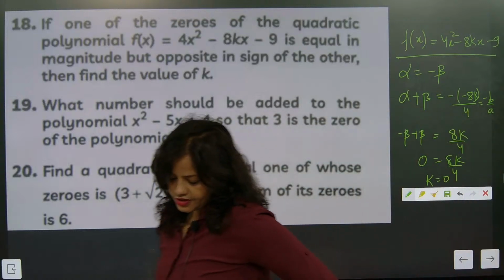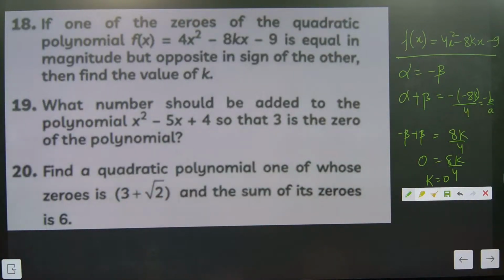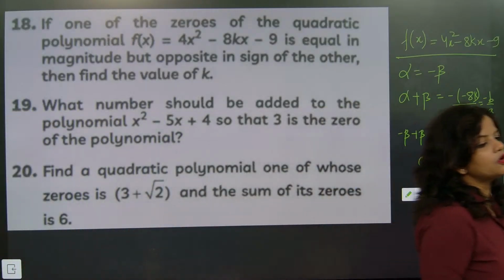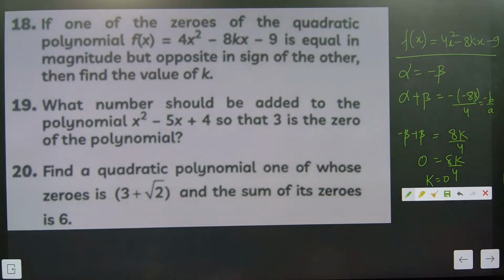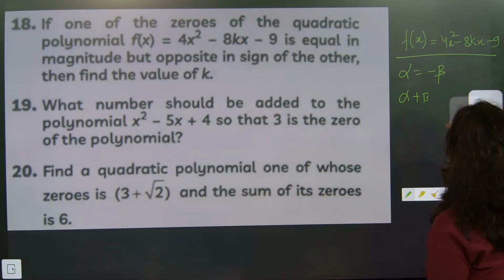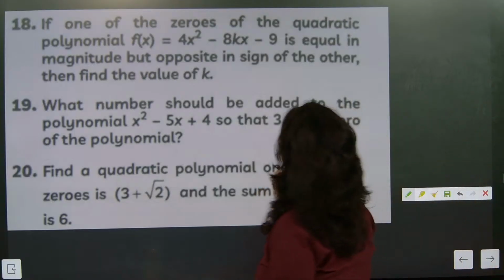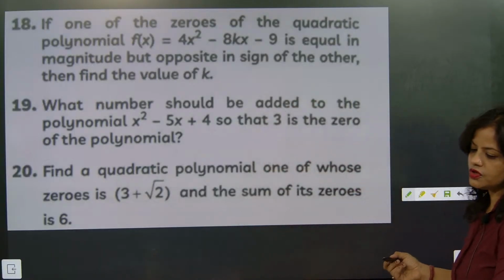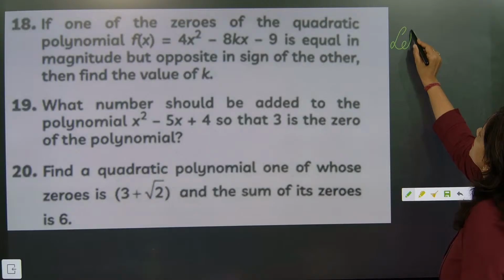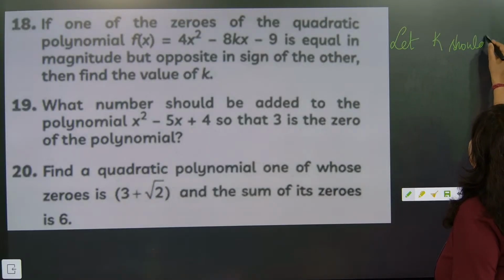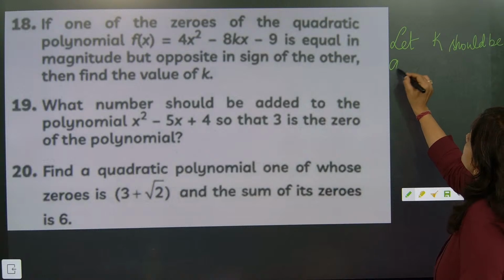X is already there, so that means any other variable we will take. X means any unknown quantity we have to add. Here x does not mean the same value. So what must be added or what should be added? So now let's take, let k should be added